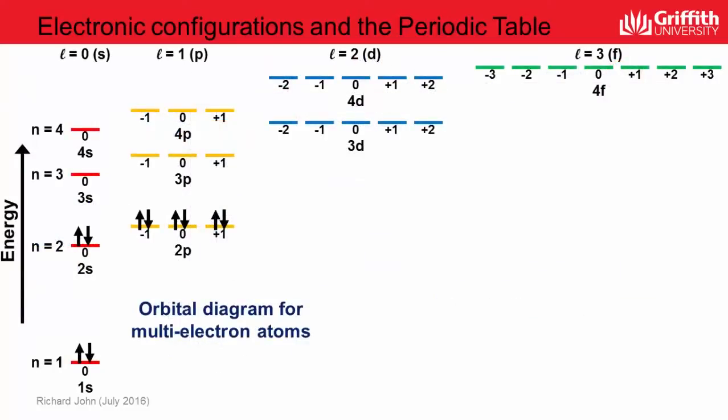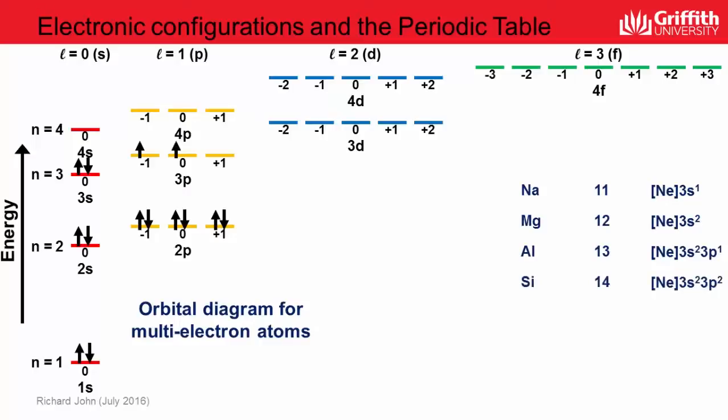And we can keep going. We can keep filling up the orbital diagram, go to the n equals 3 level, so fill in the 11th electron there, representing sodium, number 12 representing magnesium, and then go into the 3p subshell: aluminium, number 13, silicon, phosphorus, sulfur, chlorine,